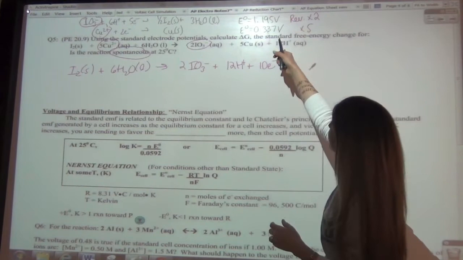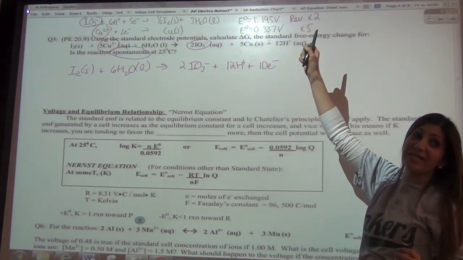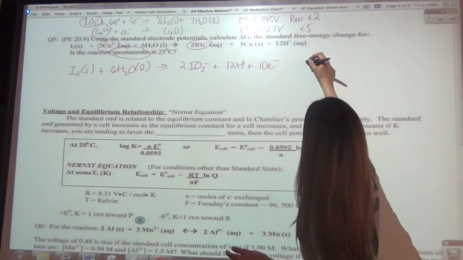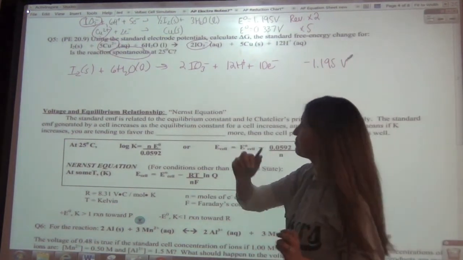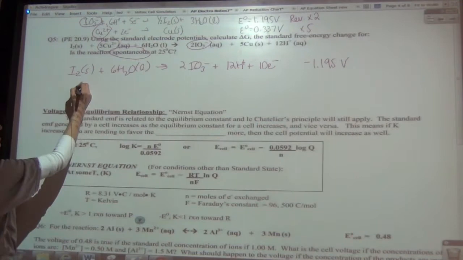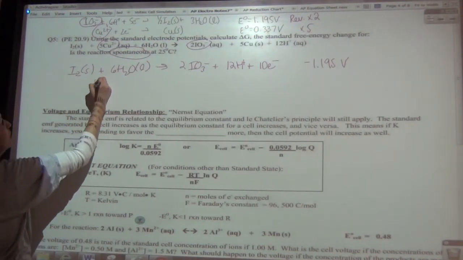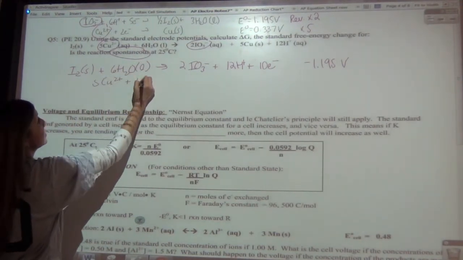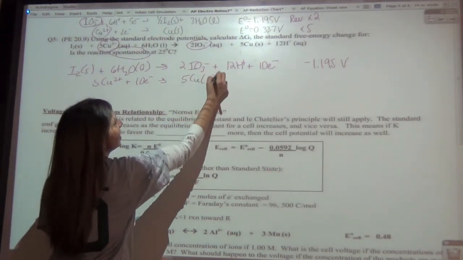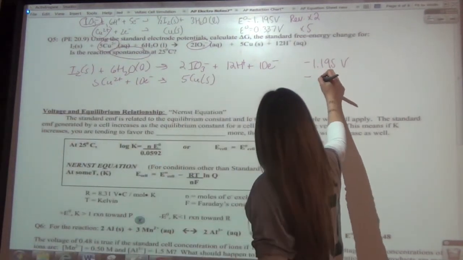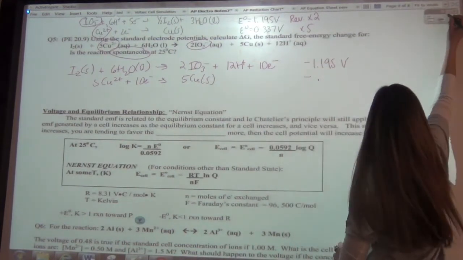But again, our E cell, the only thing that changes is we reversed it. So what's different about that? It's negative 1.195 volts. Awesome. And then the second line stays exactly the same. We just multiply by 5. So 5 Cu2 plus plus 10 electrons yields 5 copper solids. And this one we're not changing. It's just going to be positive